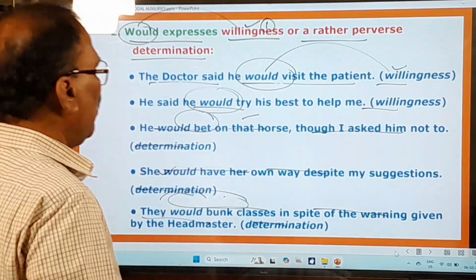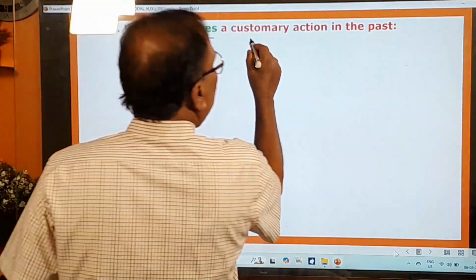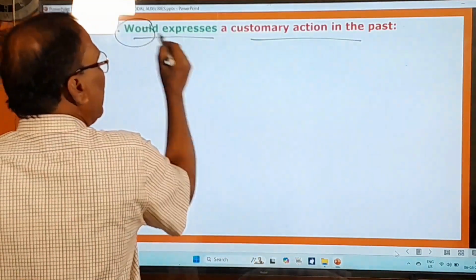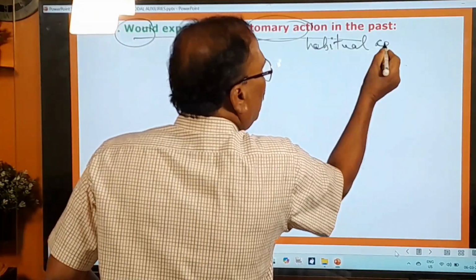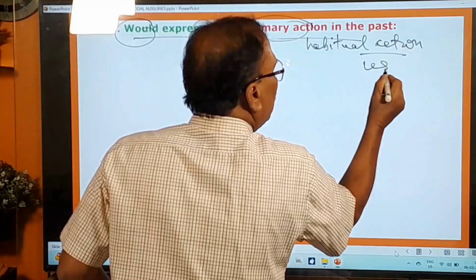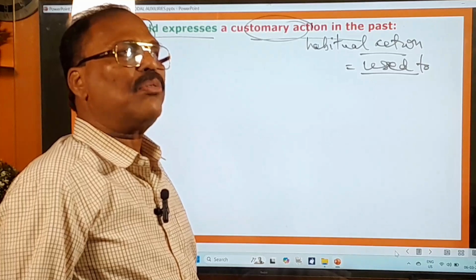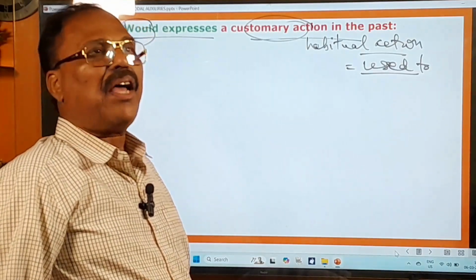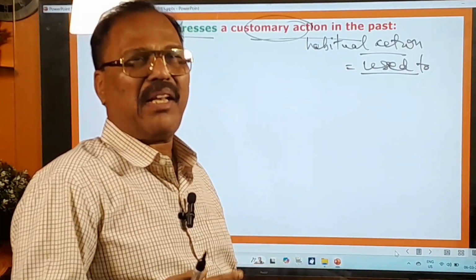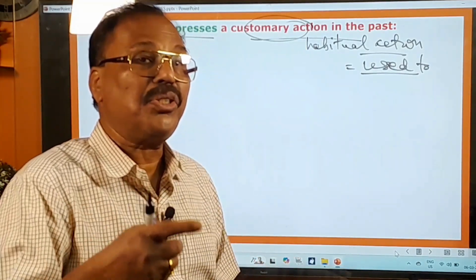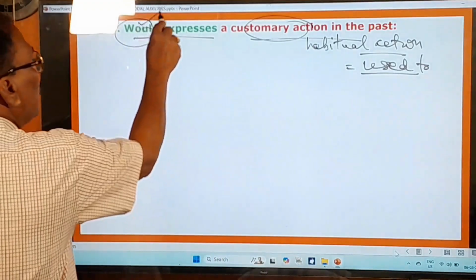Okay, and you move on to the next important use of this would. Third one, would expresses a customary action in the past. So this would indicates a customary action, that means a habitual action in the past, just like used to. It is equivalent to used to. When I was in the high school, I used to get up at 5 o'clock. I used to do some exercise for 1 hour. I used to walk for 2 miles, something like that. I used to. Just as you use used to to indicate your past habitual actions, you can also use would to indicate